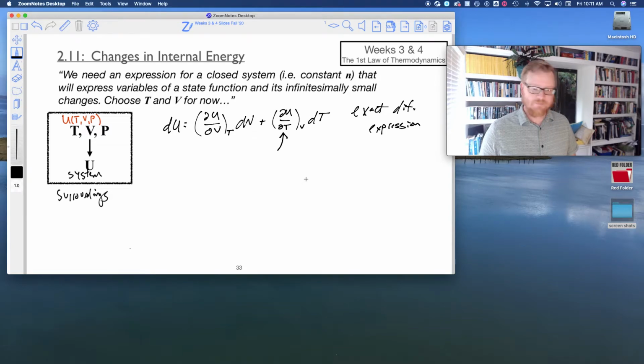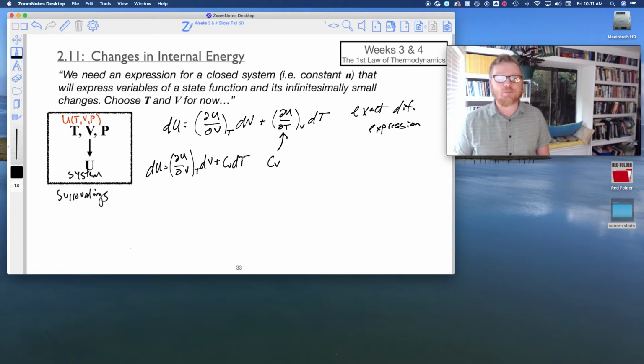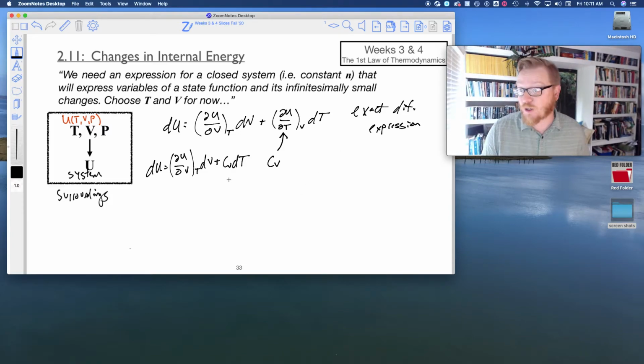Yep. If you said that's C_V, then you're correct. Pretty awesome, huh? Okay, that's C_V. So I can now rewrite this equation and say dU equals this derivative at constant T dV plus C_V dT. And what's pretty cool about this expression now is because we're holding volume constant, or at least let's suppose that,